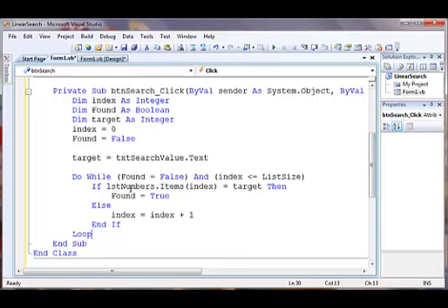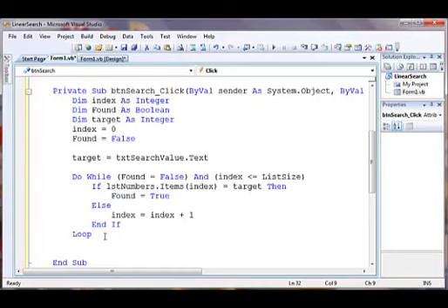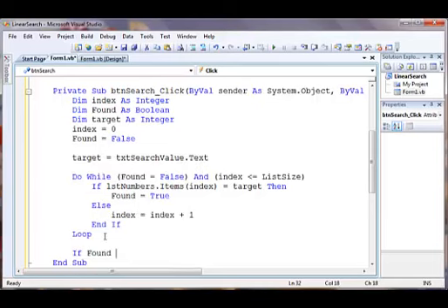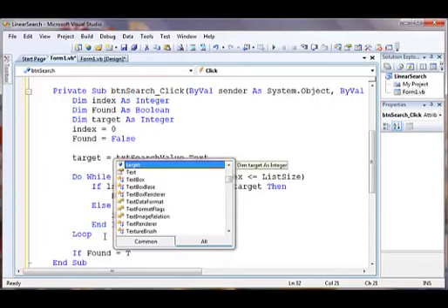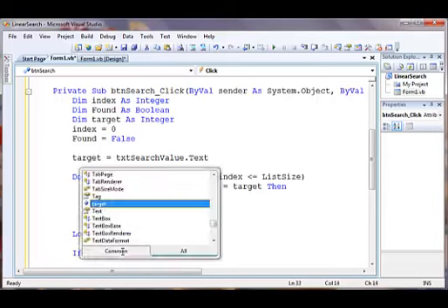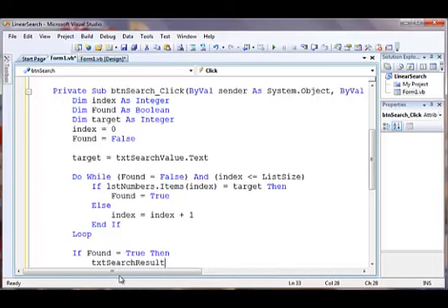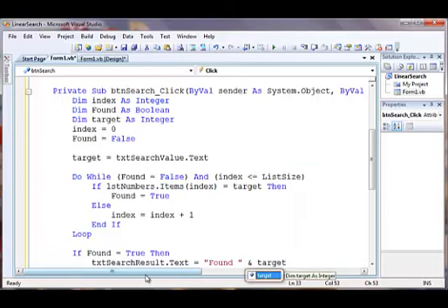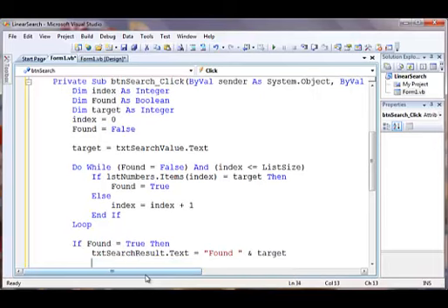So to output the result of my search, I would then say, now using another if statement, if found equals true, then txt search result dot text equals found and target. So it tells us the number,